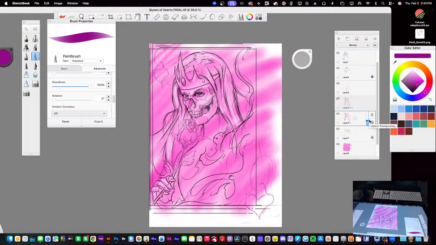I'm just going to decide whether I'm going to vector it or not. Yeah, Bobby, we can schedule weekend classes or something if you want. I do offer that. We just have to schedule it in advance, and I can give you a couple different price options. I usually tell people for digital, do a 2 day. For airbrushing, it's the same thing. You can do it in 1 day, but it does get a little rushed. So you just have to figure out what you really want to get out of it.